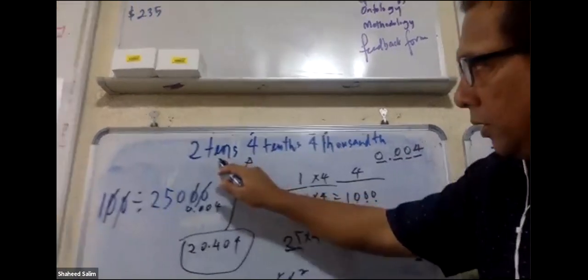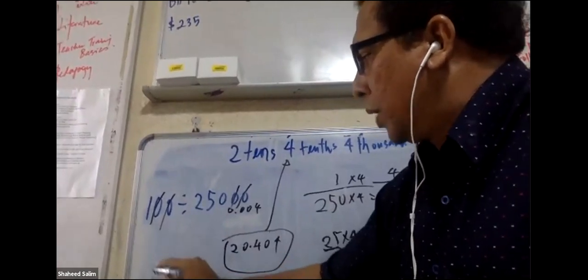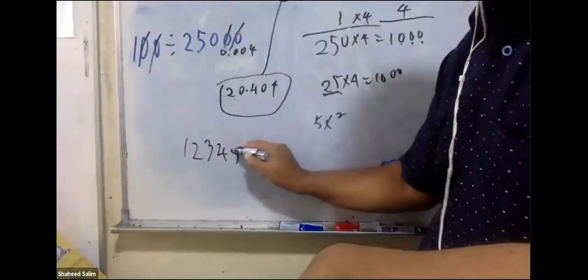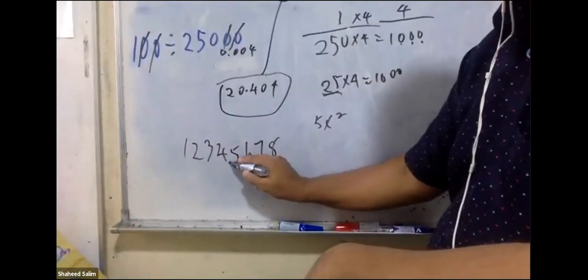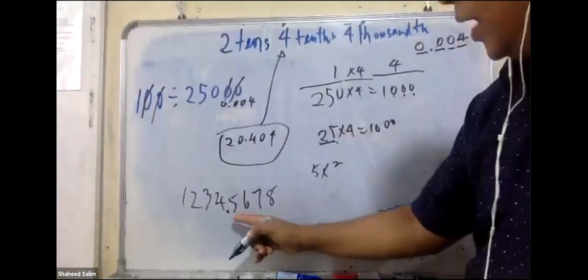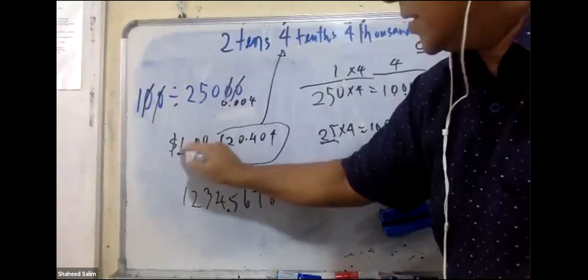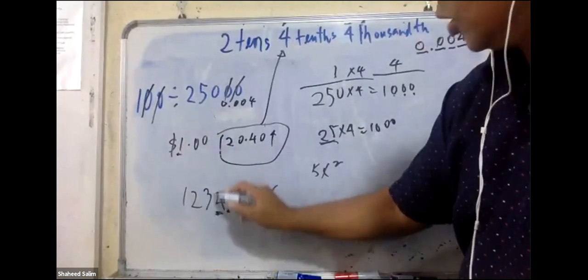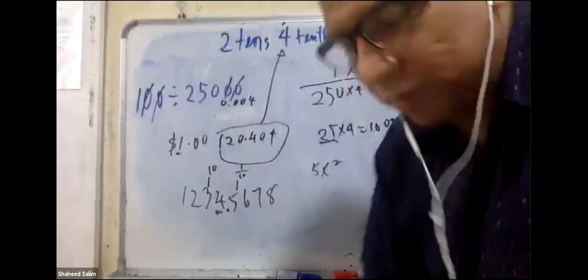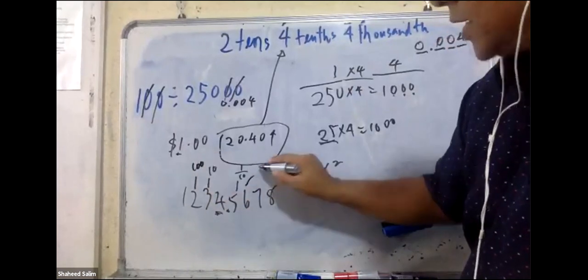Now this is correct, 2 tens. Okay. If you don't remember, you write a number down like this. 1, 2, 3, 4, 5, 6, 7, 8. Just put a dot somewhere here. So the first thing you must identify is your ones. Where's your ones? If you can't remember, you write $1. $1 is like that. So this is ones. So ones is here. So beside the ones is a 10. Over here is 1 over 10, which we call a tenth. All right. Then you have 100. So beside here is 100.